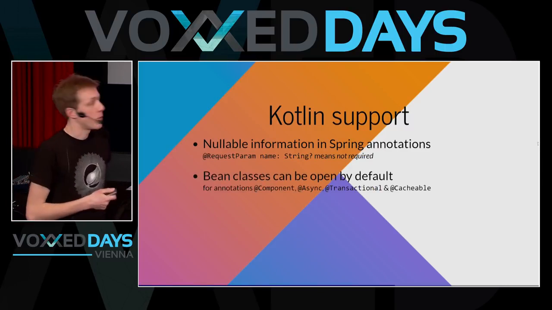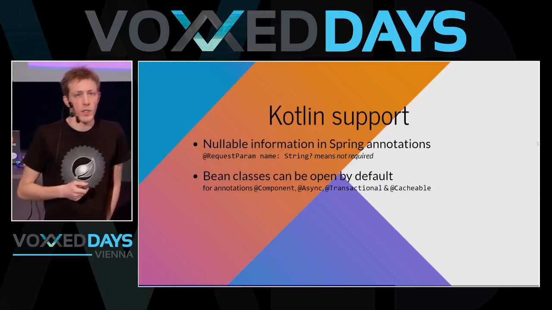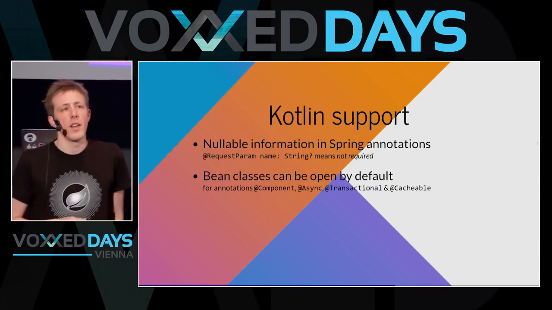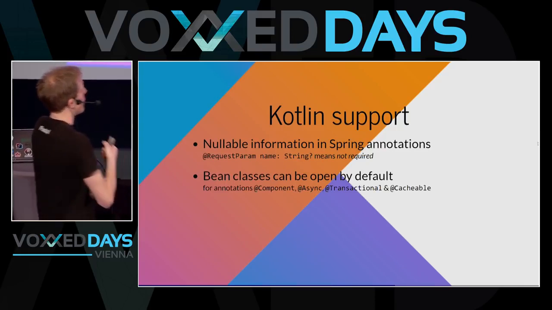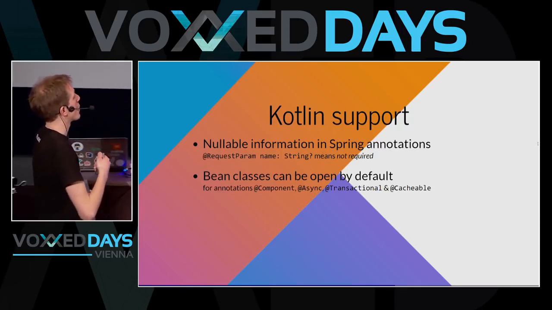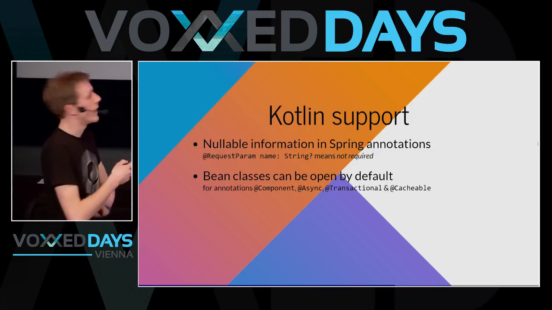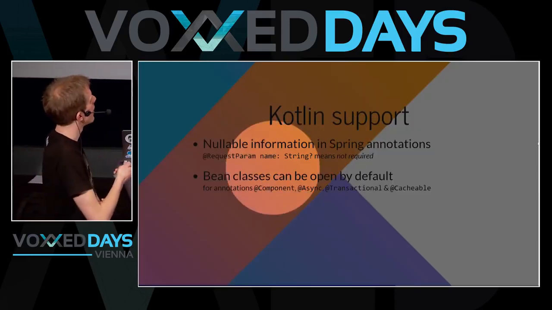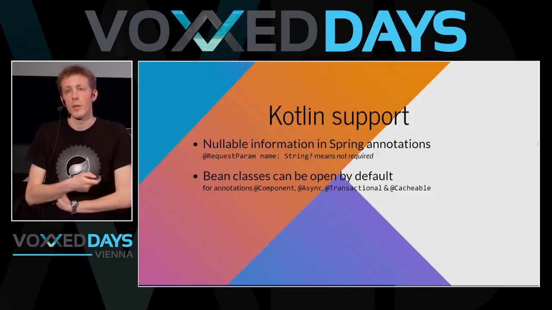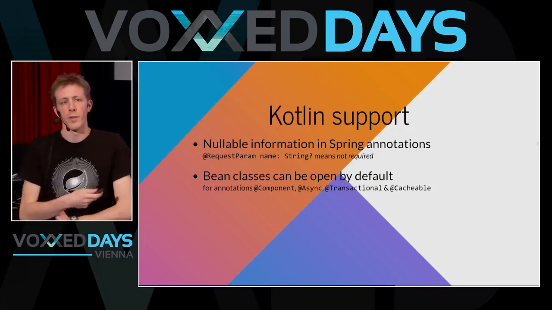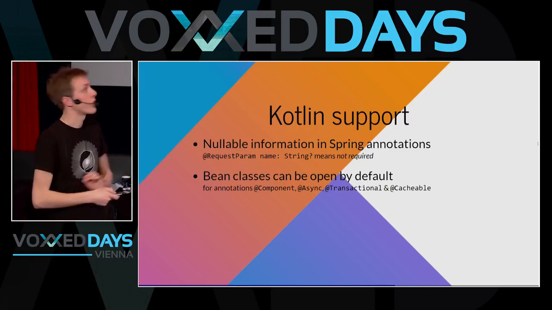Well, some of you guys may remember that classes in Kotlin are closed for extension by default. You need to explicitly tell some specific classes to be open. The Spring people have made sure that bean classes are open by default. And this means that all classes that are annotated with component and also async, transactional, and cacheable. If you use one of these annotations on your bean class, it means that Kotlin class will be open. And all the other ones will be closed anyway. So you can easily extend your own components, for example.